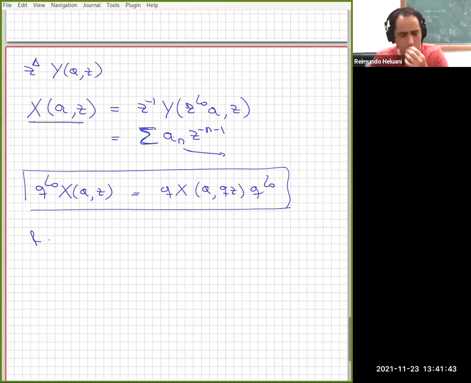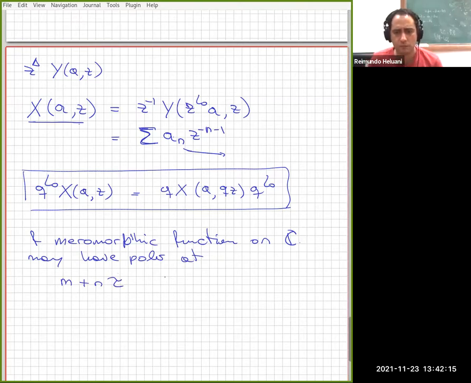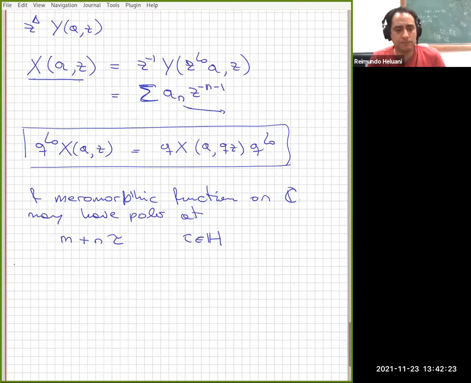Okay. So let's suppose that you have a function f. I want something slightly more general than elliptic, so I'm going to tell you what it is. It's going to be a meromorphic function on C that may have poles at the lattice m plus n tau. Tau is in the upper half plane. And it's either regular at those points,